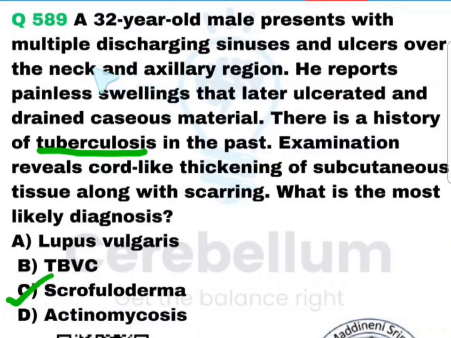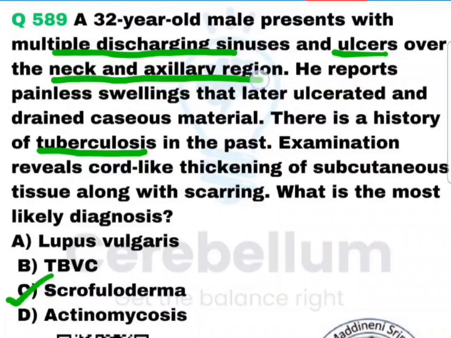And here you can see that the patient is having multiple discharging sinuses and ulcers, which are very classical findings of scrofuloderma over the neck and the axillary region, where there are going to be lymph nodes. And there is also history of previous painless swellings, and they are ulcerating and releasing caseous material. These are also in favor of scrofuloderma, and also skin can show changes in the form of